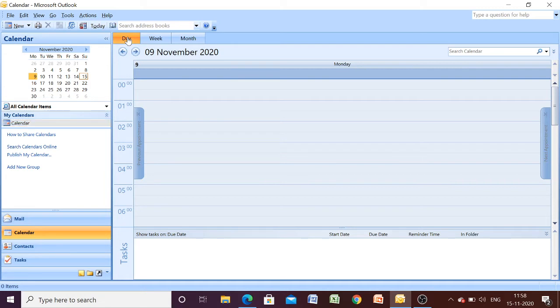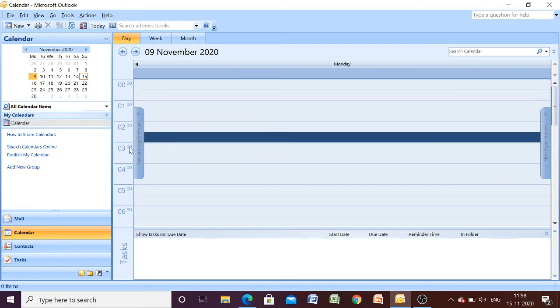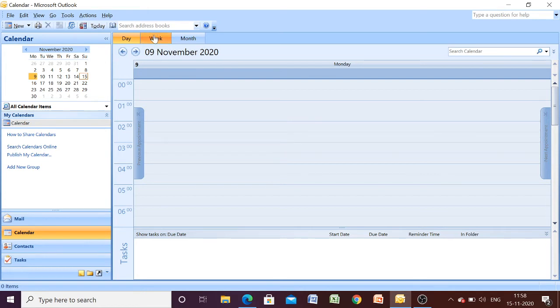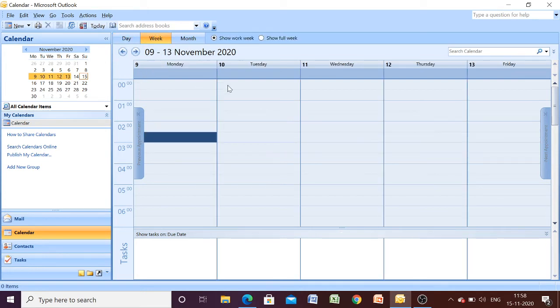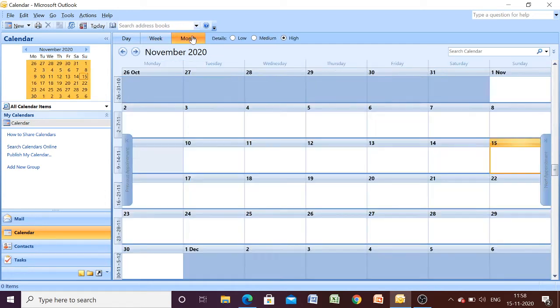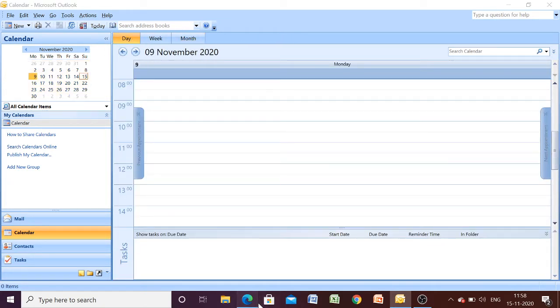First one is day view, where you can have the day schedule. This one is week view, where you will have the week schedule, and this one is month view. You will have all the month views of that particular year. So we are having 3 different views for any particular calendar.